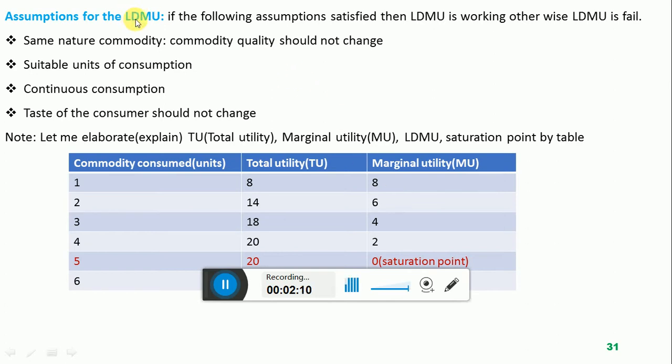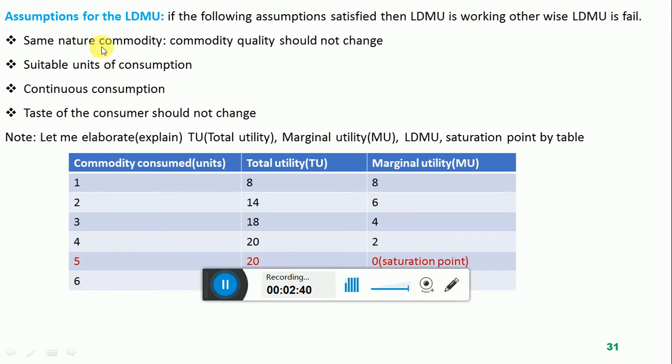Now we are defining the law of diminishing marginal utility under the assumptions. We are putting some conditions under which the law is true. Every next unit will provide less utility if these things do not change. These are assumptions. In real life, these are changing. We cannot keep them fixed. But for the applicability of the law of diminishing marginal utility, we are supposing that these things should not change.